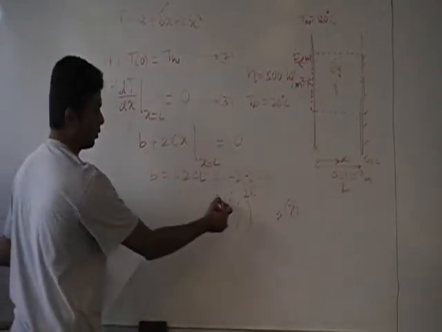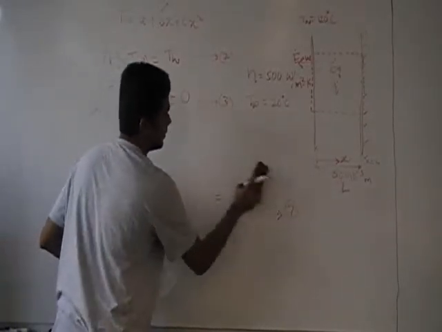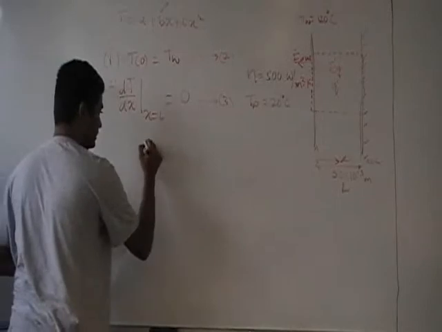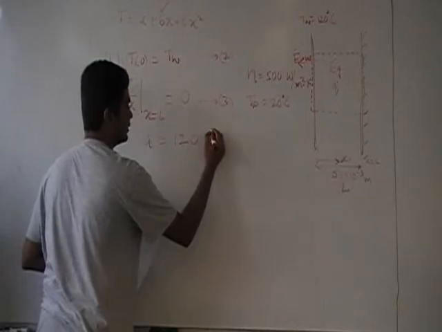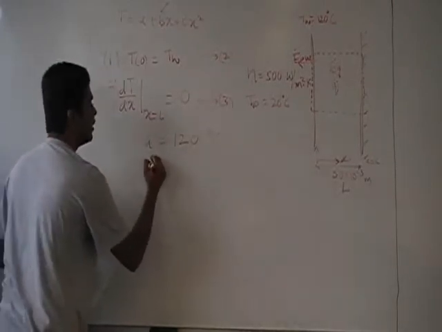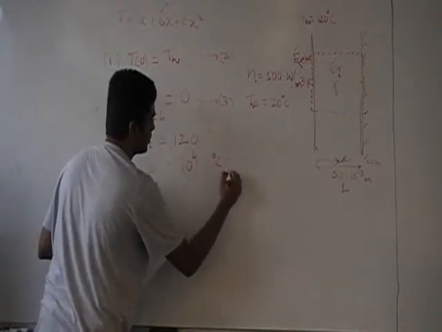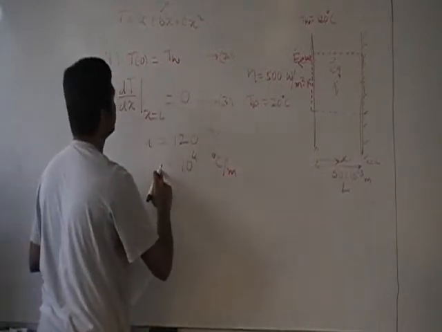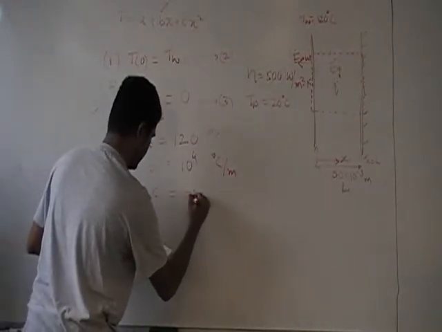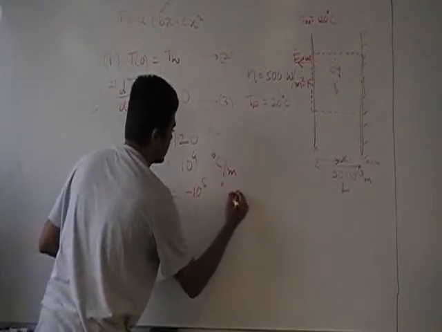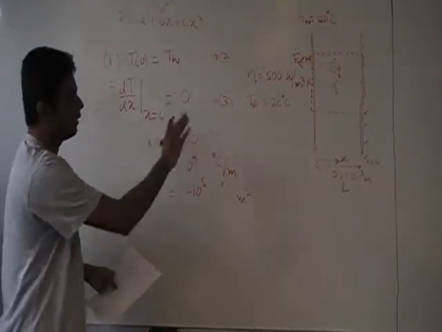Substituting the values for q dot, which is 10 to the 6th watts per meter cube, for this case, A is equal to 120. The units would be degrees Celsius. B is 10 to the 4th degrees Celsius per meter, because remember B is multiplied by another length unit here, and then C is negative 10 to the 5th degrees Celsius per meter squared. So that should give us the temperature profile